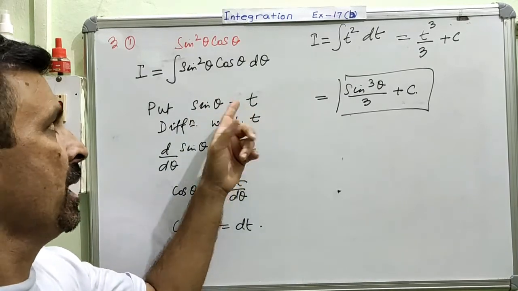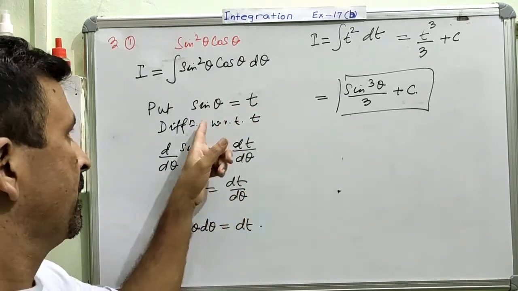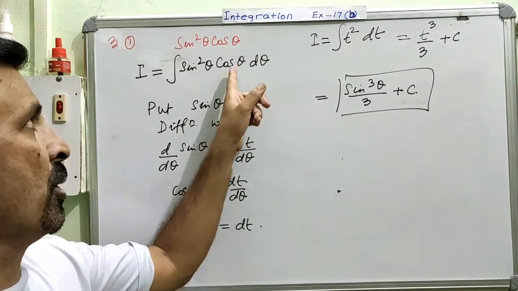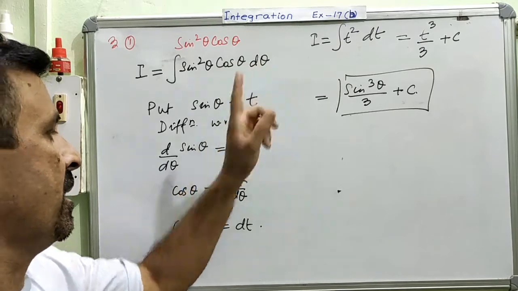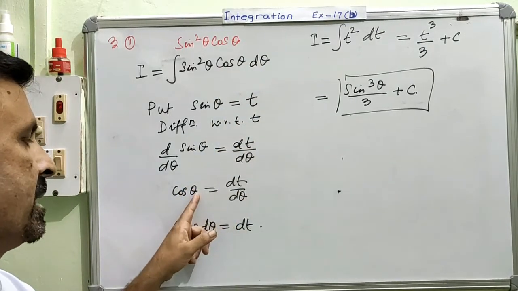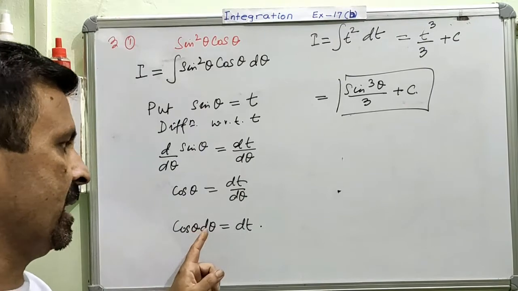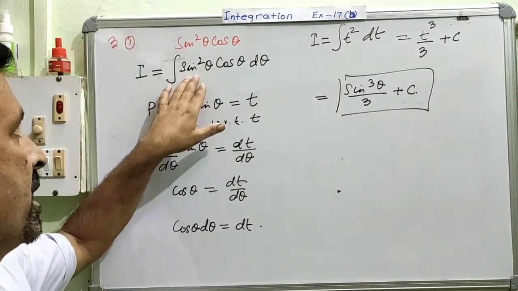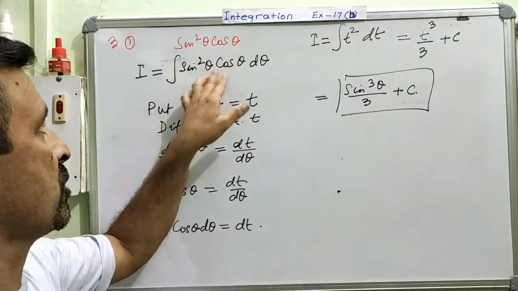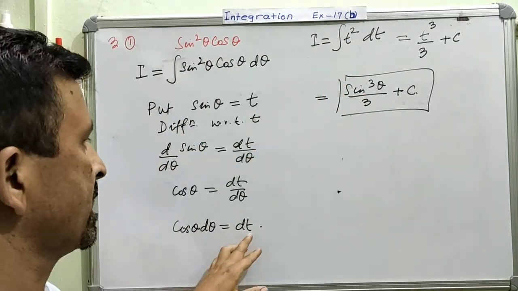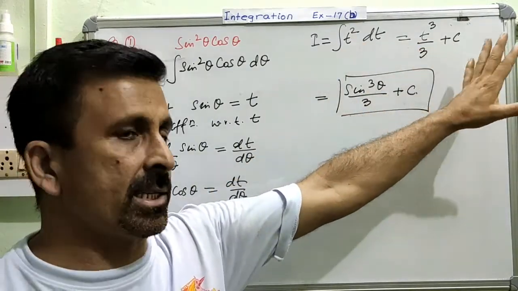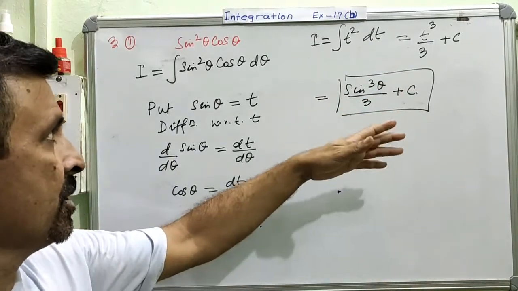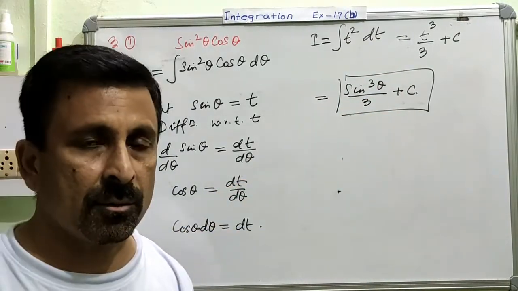So whatever you assume, every time you will be differentiating. So after differentiation, you got this as cos theta is equal to dt over d theta. When you look at your question, your requirement is cos theta into d theta. Therefore, this d theta is taken to the left hand side, and you got the value of cos theta into d theta as equal to dt. Right? Now we can do the final substitution. So for this part, we are writing this as t square, and for cos theta d theta, we are writing this as equal to dt. So dt, and then after that integration in one step, and then after final integration, you have to bring the variable back. So this is how we do question number 3.